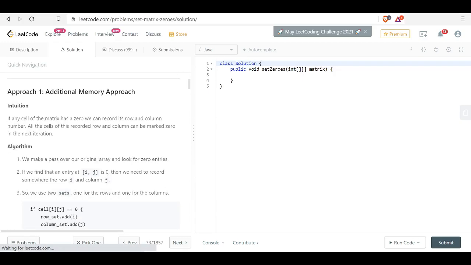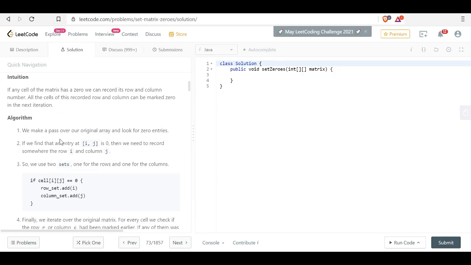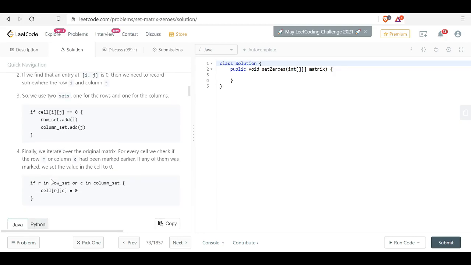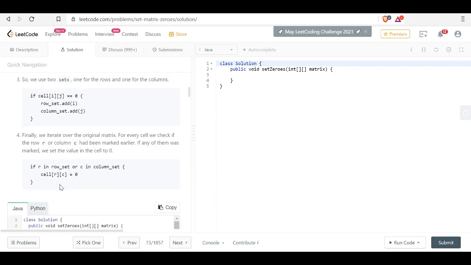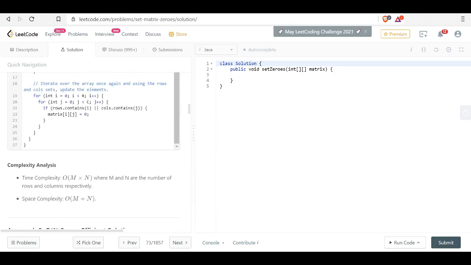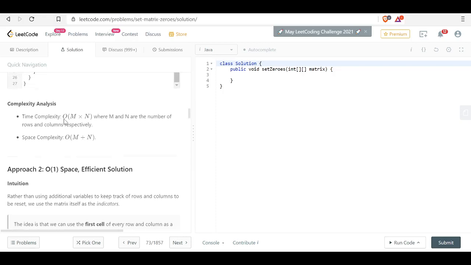Additional memory approach: if any cell of a row has 0, we can record its row and column. All the cells of these recorded rows and columns can be marked 0 in the end, using a row set and a column set. Okay, so this is one of the approaches, with space complexity of m plus n.